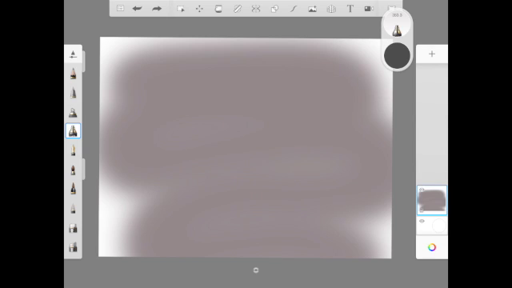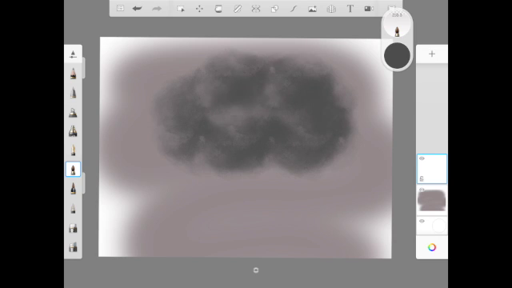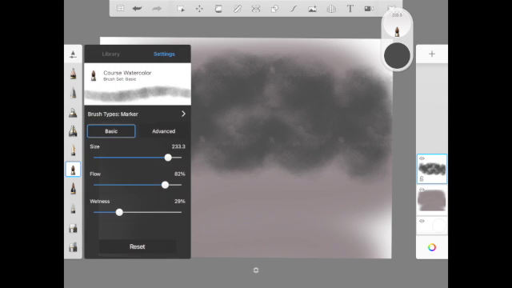I didn't like the spray tool for my clouds. So what I'm going to do is use the watercolor. I just happen to know that the watercolor won't sit on top of that gray very well, so I added a layer on top of it so that you can see my cloud even better once I put it on there. After I get my nice dark cloud on there, I think I'm going to get some blue raindrops